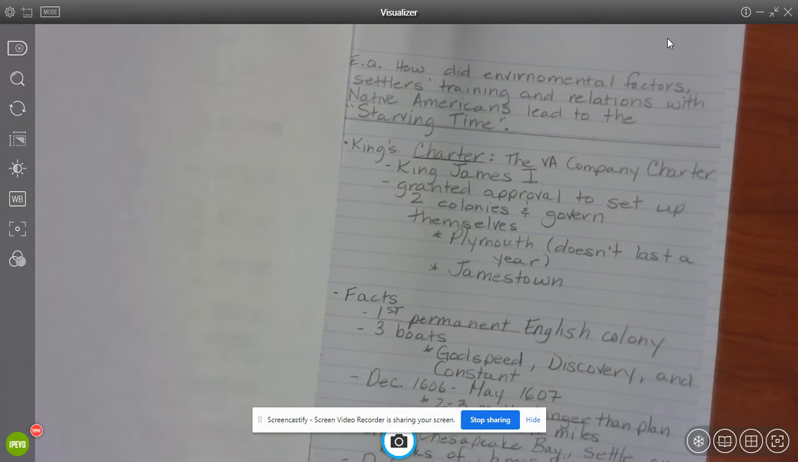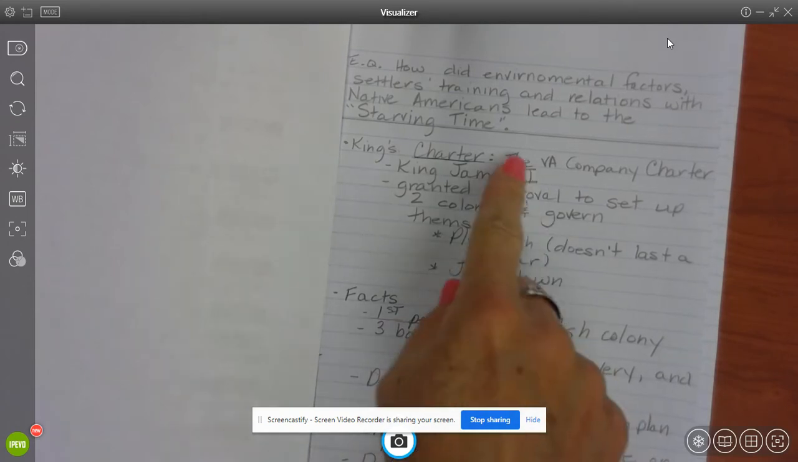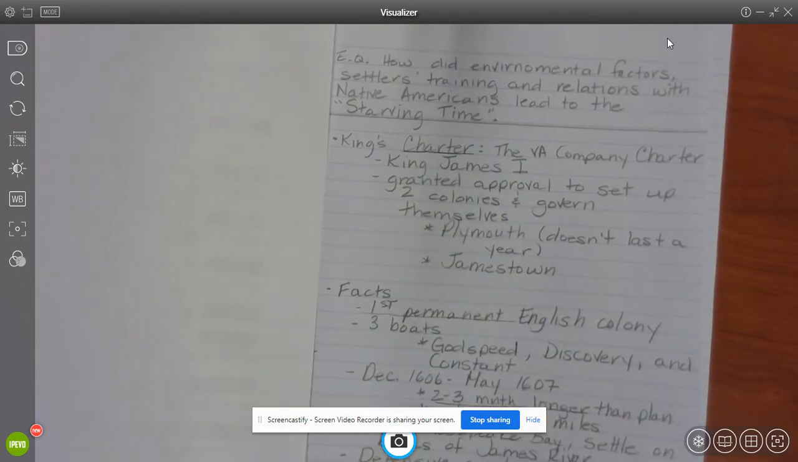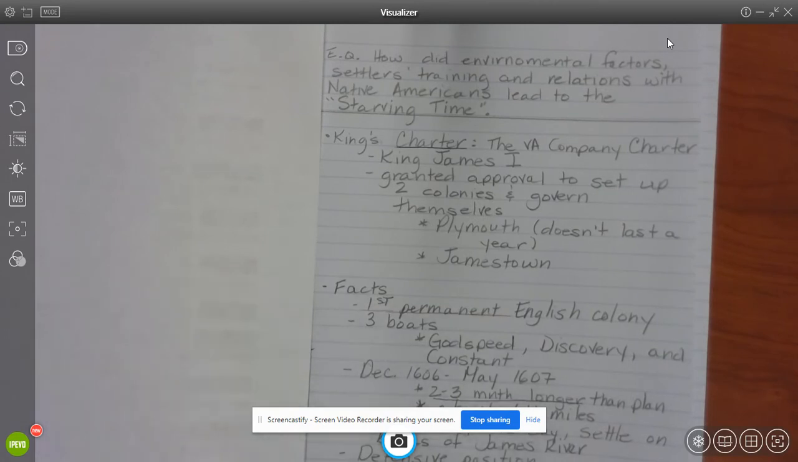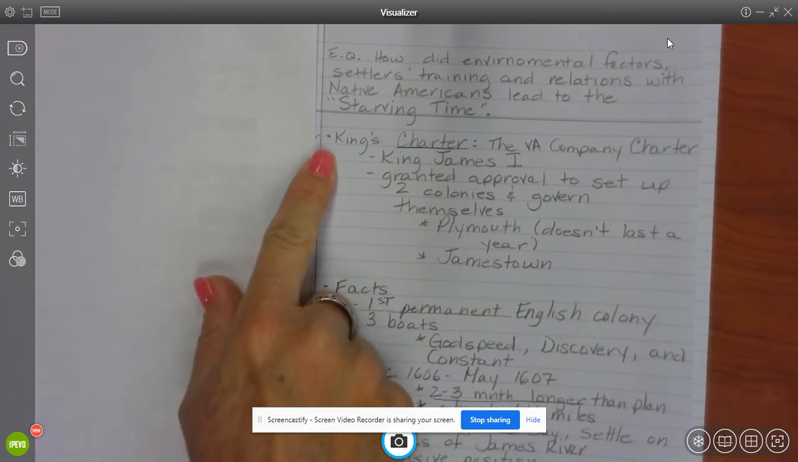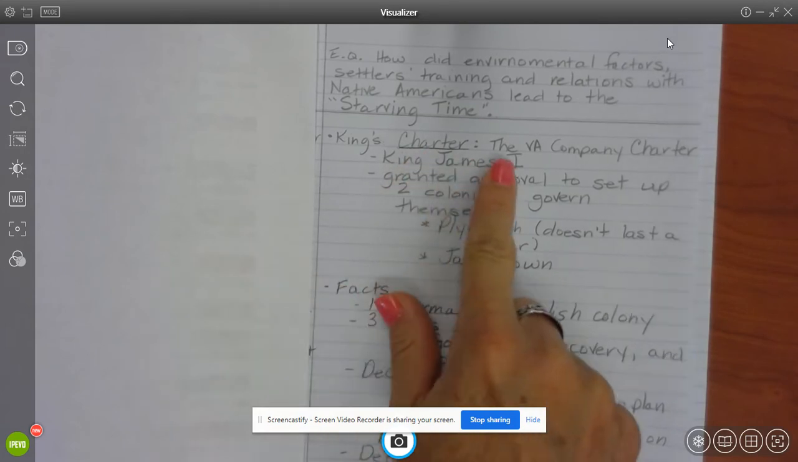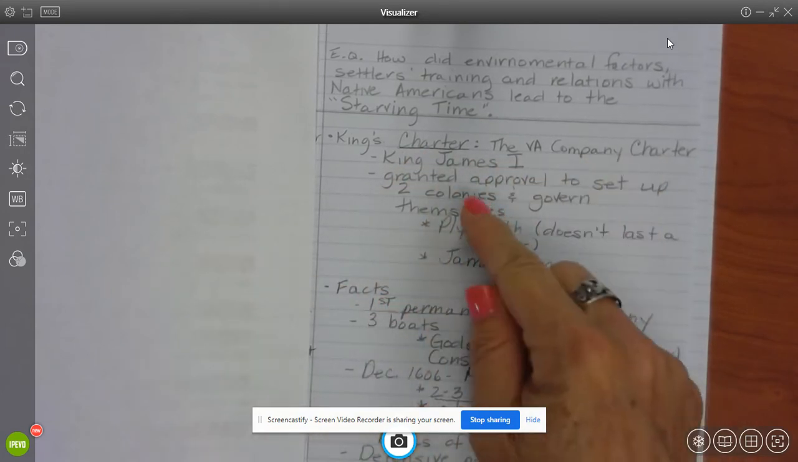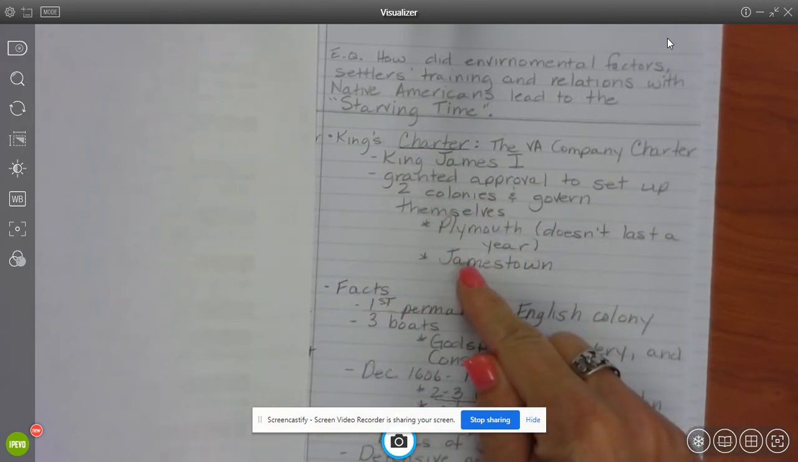You'll notice that when I'm taking the notes, there's no complete sentences here. My hand cramped up just doing this one page, so it's difficult to do an entire day of notes. So do yourself a favor, and you don't need to write complete sentences. You just need to make sure you've got them organized to where here I have King's Charter. It was the Virginia Company Charter, and everything that goes along with King's Charter is underneath,